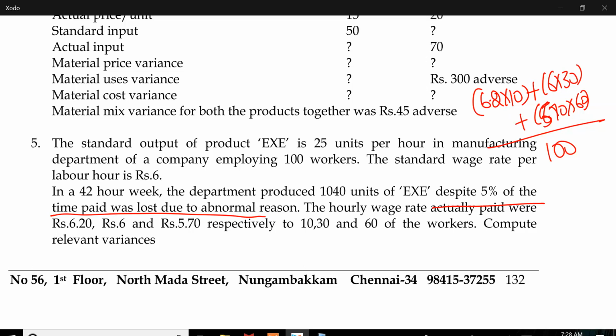It's 4,200. Labor I had told multiple times, it's man hours and not calendar hours. In a 42-hour week, 100 people are working. So 42 into 100 is the actual hours. The number of hours has to be man hours and not calendar hours. So we are going to do the calculation for all the 100 people and it's 4,200 hours. It is not 42 hours. In a 42-hour week, how many people are working? 100 people are working in the company. So the AH is